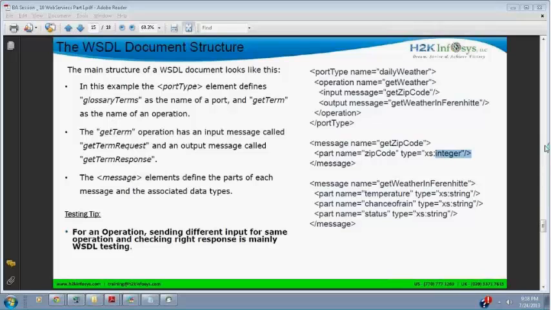Port type, again I'll repeat that. Port type is a consolidation of different web services under one name. It's like putting one film's songs under that film's folder. If you are listening to Dawn songs, then all Dawn songs go under the Dawn folder. Similarly, if you have daily weather, all the daily weather web services are under one port type. So port type is like consolidation.